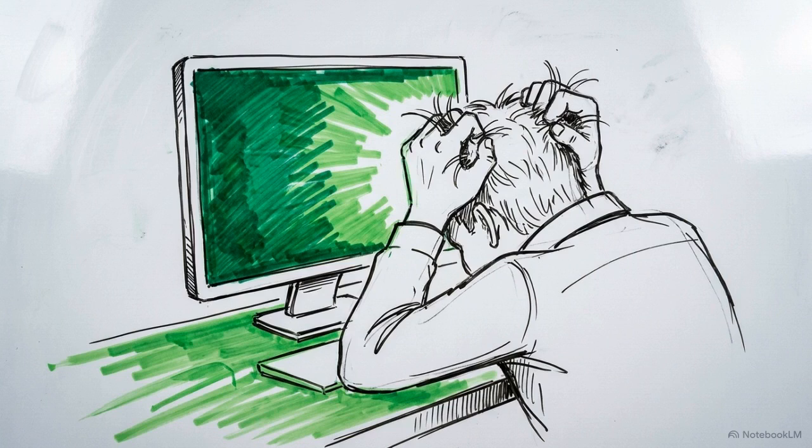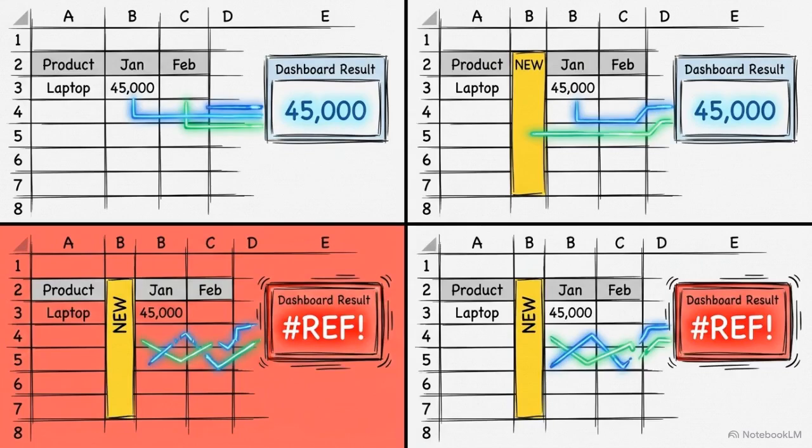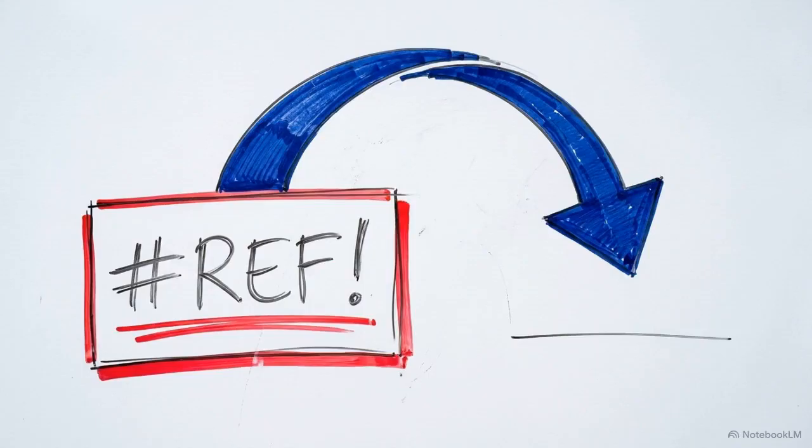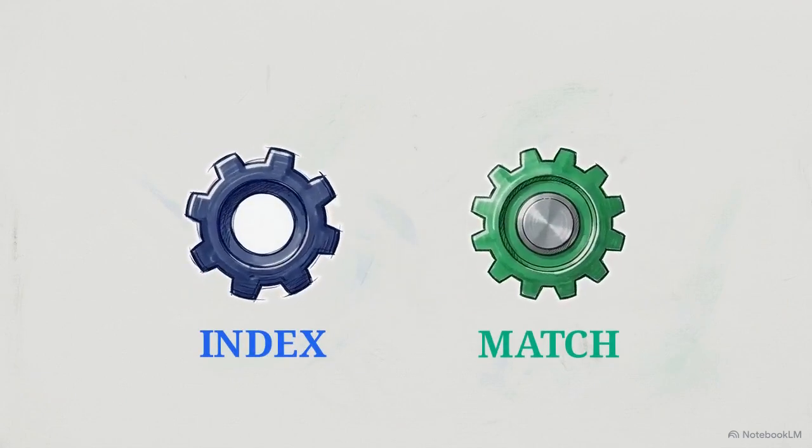Anyone who spends enough time in Excel knows the pain of a broken VLOOKUP. You build a perfect dashboard, someone inserts a single new column into the raw data, and suddenly your spreadsheet is full of reference errors. VLOOKUP is fragile because it relies on a hard-coded column number. We can bypass the structural weakness entirely by breaking the lookup process into two separate independent steps, using the index